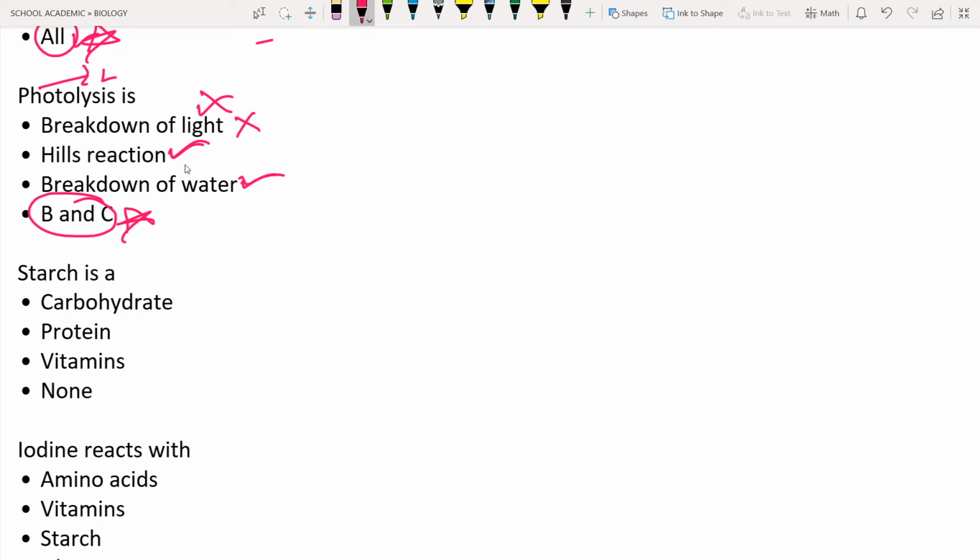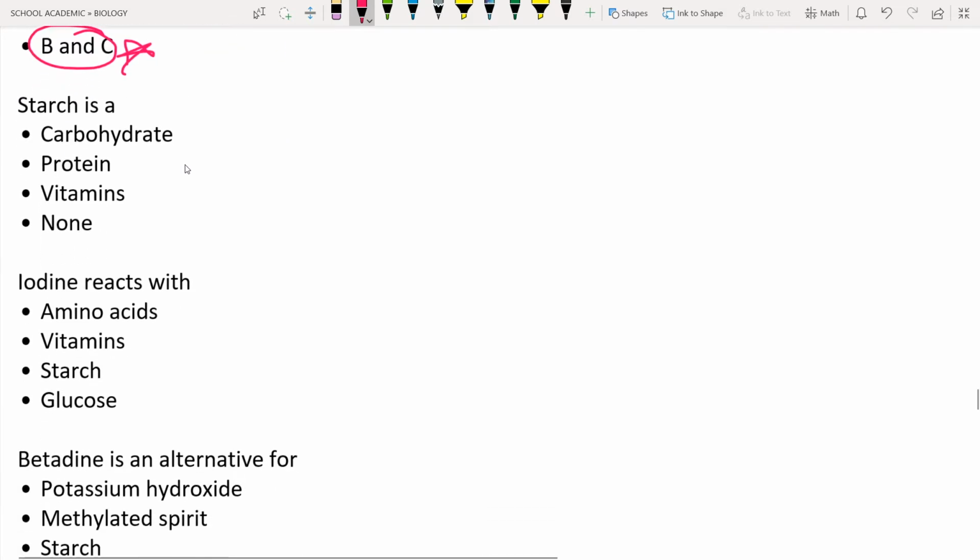Next is starch. What is starch? Starch is nothing but a carbohydrate, as we have seen. The next option says that it is a protein. We should know that proteins are chains of amino acids. This is one amino acid, another amino acid, another amino acid, another amino acid. These are joined together to form a protein. So breakdown of the protein leads to what? Breakdown of the protein gives rise to amino acids. The nutrients are given.